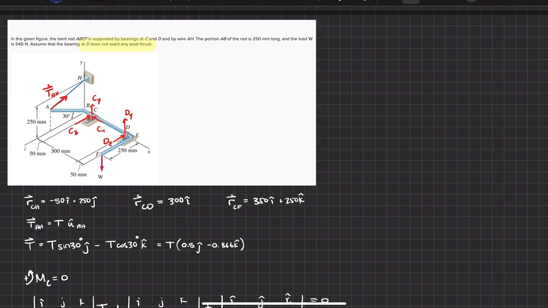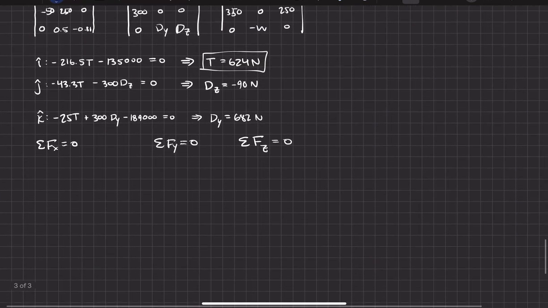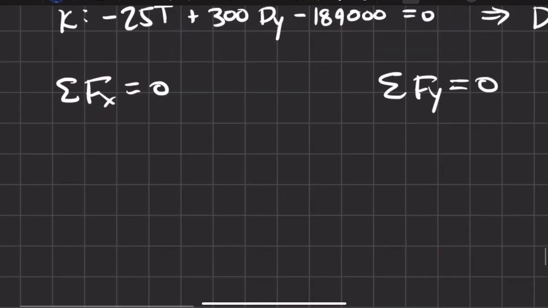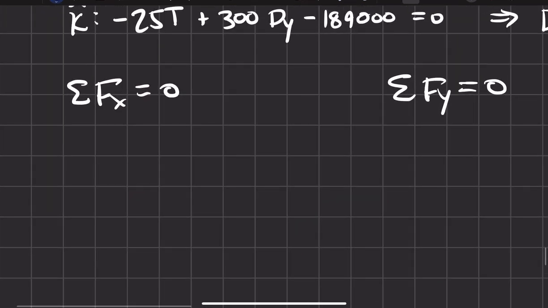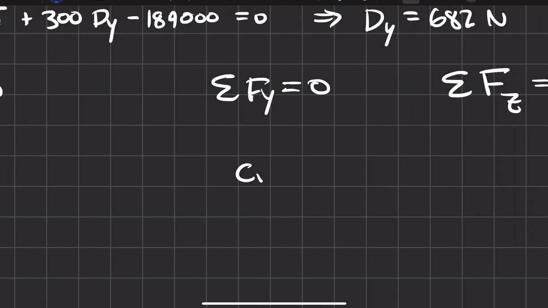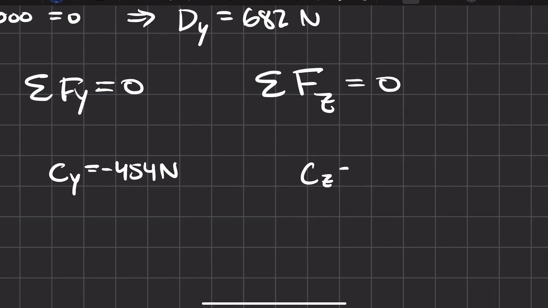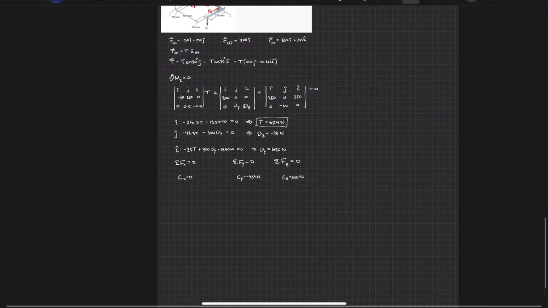That leaves us with 3 unknowns and 3 equations, which we can easily solve for. When you solve in the C of x direction, you'll get 0. C of y will be equal to negative 454 newtons, and C of z is equal to 630 newtons. And that is probably